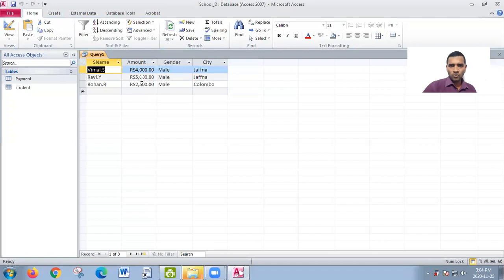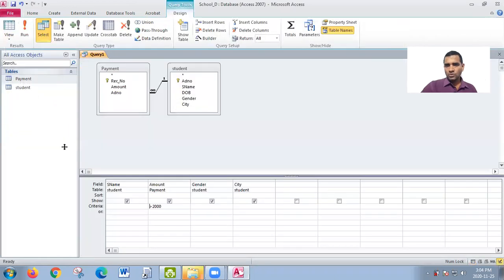Now see, I have only 3 students. Check the amounts. They paid more than 2,000 rupees. That's why their details are found. Okay. So what happens if I put